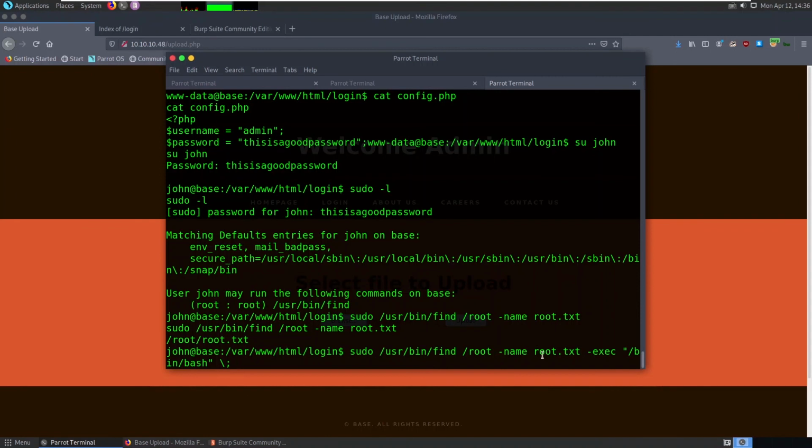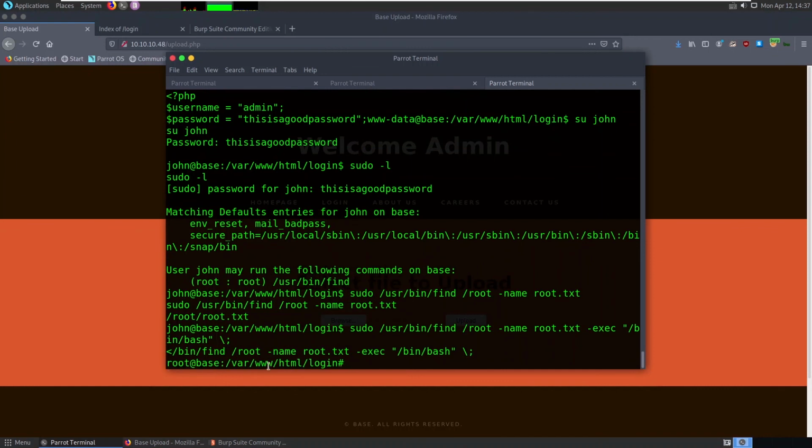So if you take the result of finding root.txt, and if there are more than one root.txt, suppose 5 files, then this command will be executed 5 times. So obviously there is only a single root.txt, so that's why we can execute this /bin/bash only once. Now hit enter. Now you can see we are logged in as root.